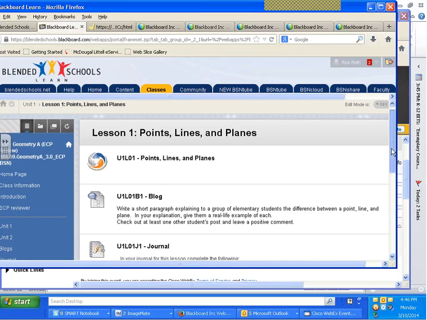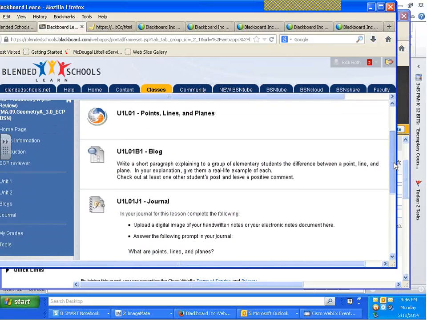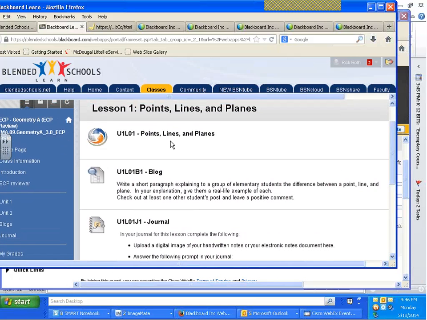And what we started to do new at Blended Schools over the last couple of years is put much of the lesson content within SoftChalk, and we build it within SoftChalk. And then put it as a SoftChalk Score Center item into the class. Now this will show you the bulk of the lesson, and I'm going to go into that in a second. But that does link to the Blackboard Grade Center, and it allows you to put some more different kinds of interactive activities